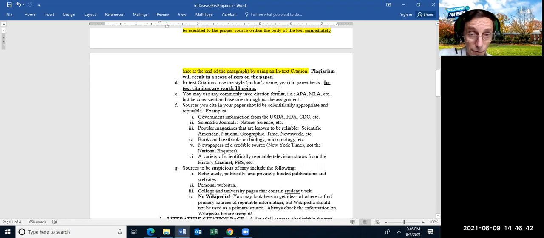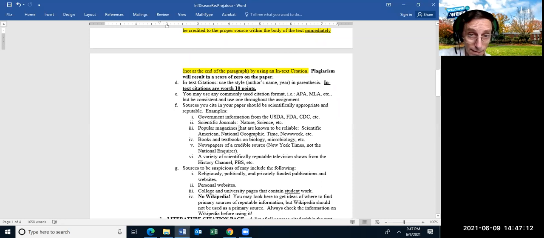And that's the full citation, not the in-text citation. All right, so that's the full citation. How you give a full citation will depend on the format where you're getting the information. Like I said, these should have 4 good sources, like a government page, a scientific journal, a popular but good